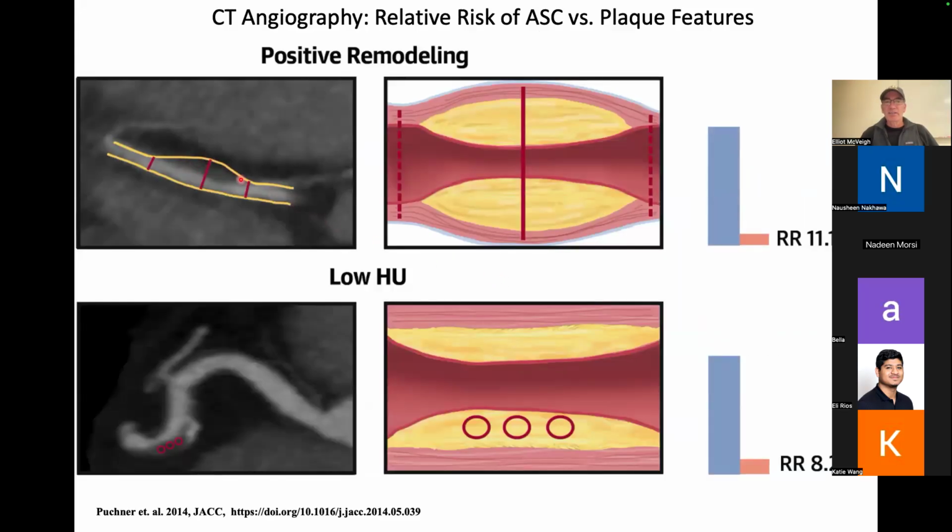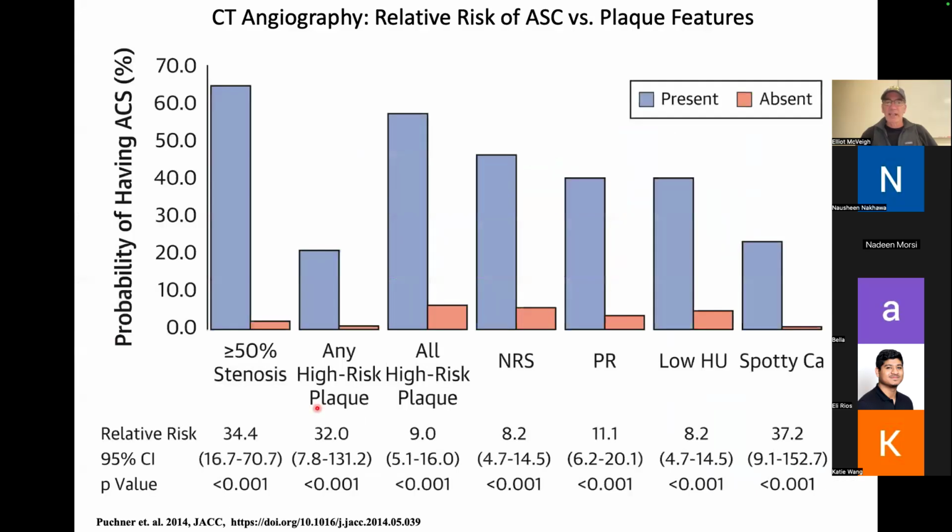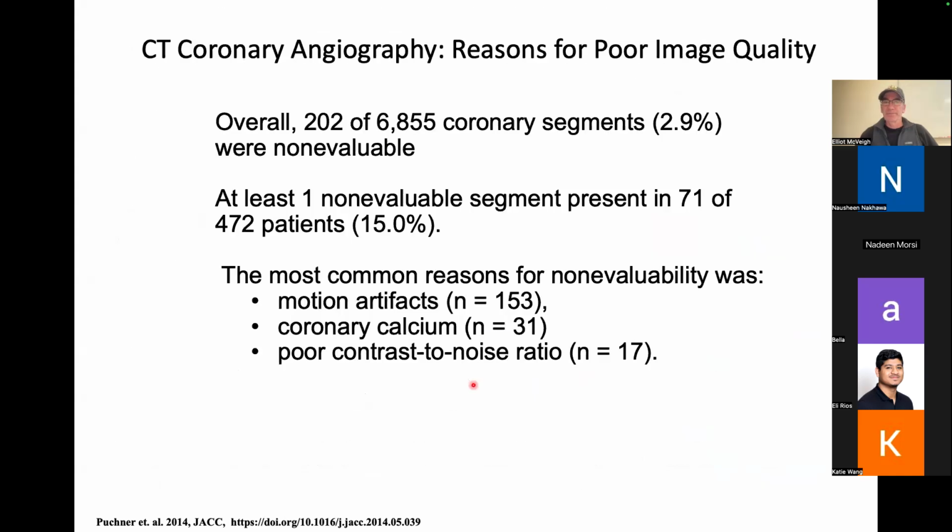Here, this positive remodeling signal carries additional risk, as does lipid inside the lesion. There's a napkin ring sign, etc. And so you can look this paper up if you like about all of these relative risks that go with these features. Okay, so